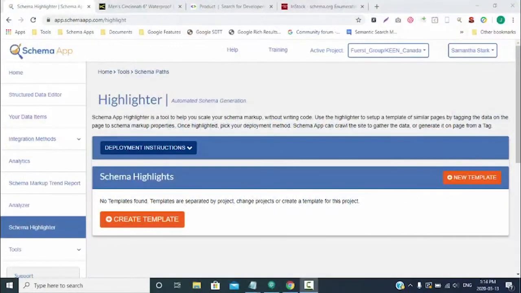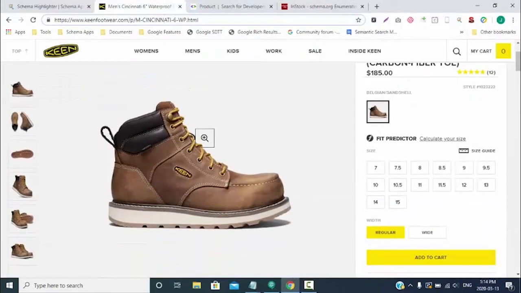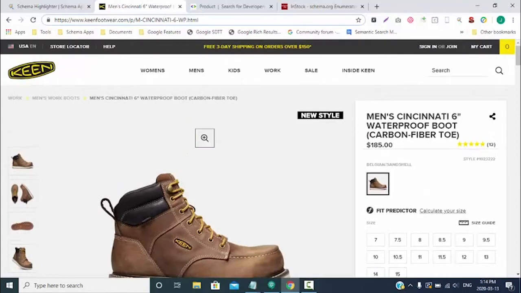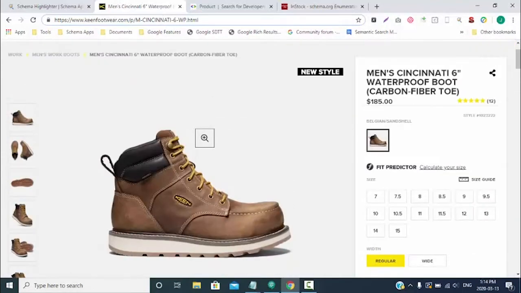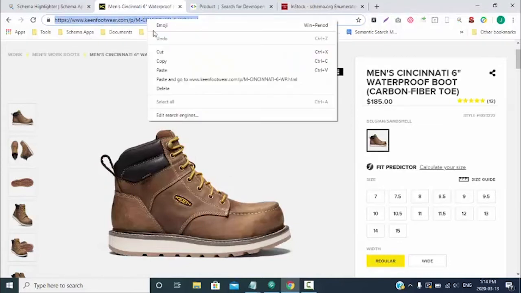Today we're going to go through creating a product template using the Schema App Highlighter. The page that I'm going to be marking up is a boot from Keen, and this is a representative of a number of other product pages that follow the exact same kind of format. So I'm just going to grab the URL here, copy it,